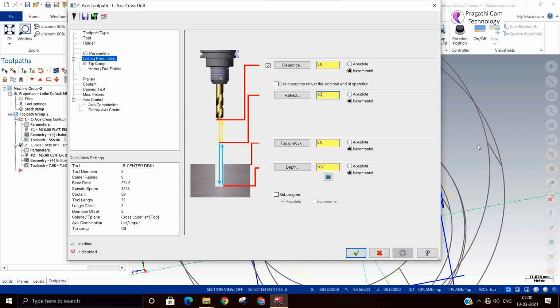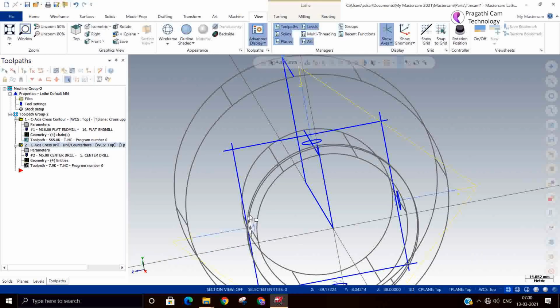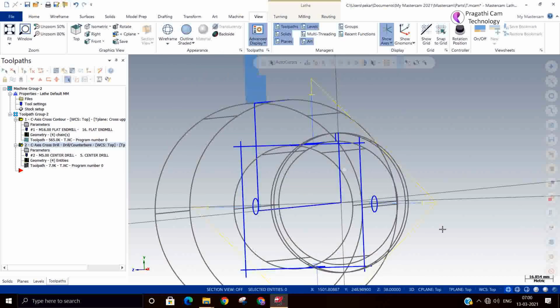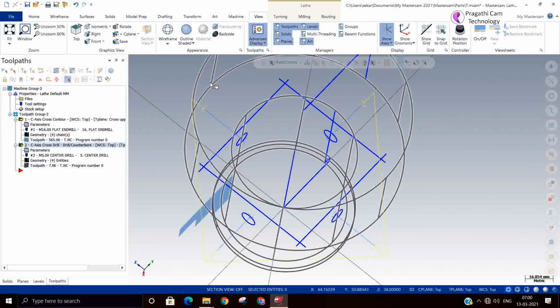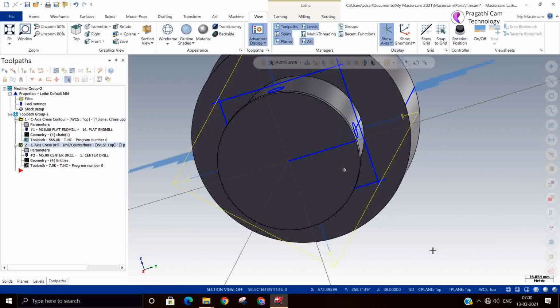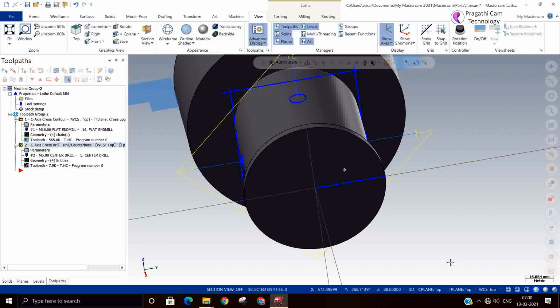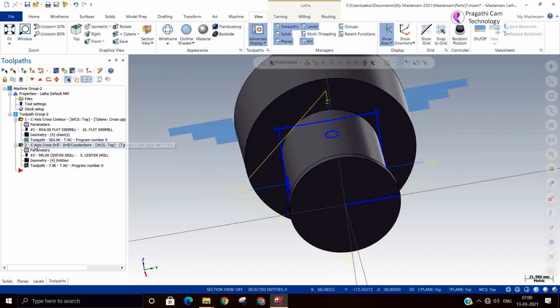So 45 retraction and 30 modified. Now you can see that the yellow line is totally outside the cylinder. Otherwise, if you are not changing it, it will hit the job and the tool will break.